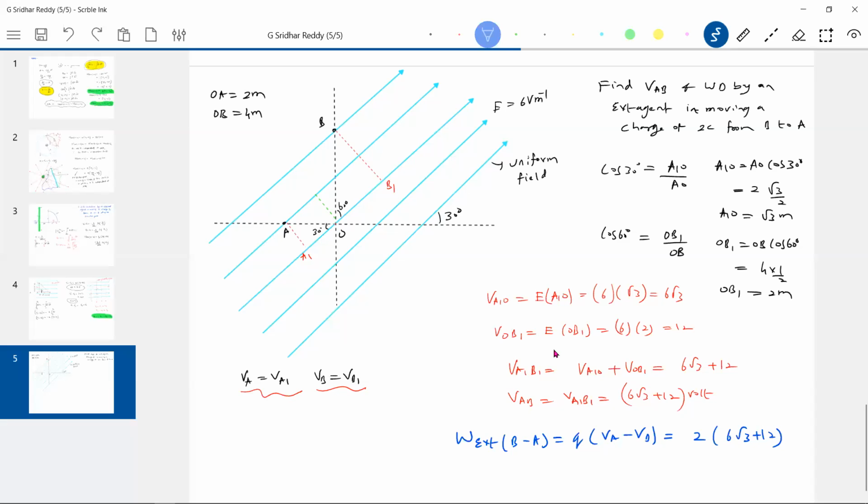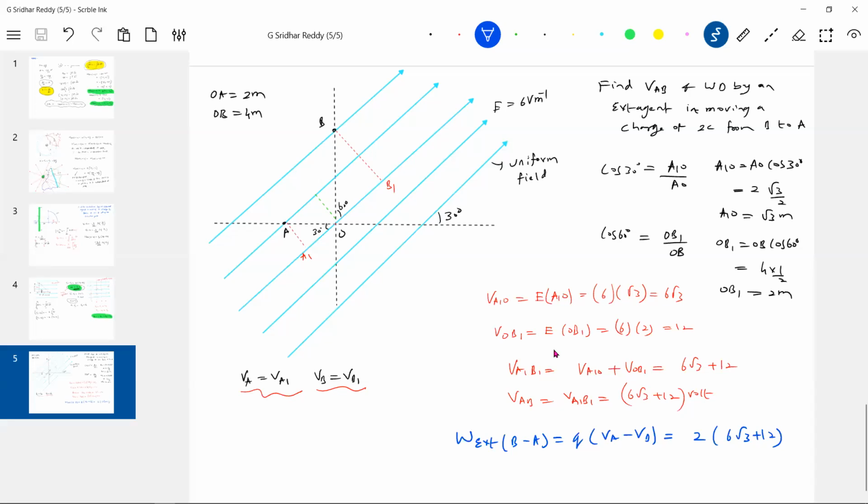Slightly the basic definitions. In a uniform field, finding potential difference is very easy. What should you do? The distance, this is very important. You should not measure the distance like this. The distance should be measured along the field. V equal to E into D. Once again, what is the D? The D is measured along E bar.